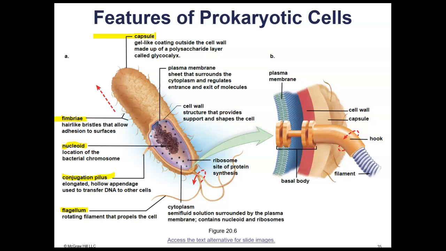The plasma membrane is the innermost layer. So you have the plasma membrane that comes first. It is composed of a phospholipid bilayer. And then you have the cell wall. In bacteria, this is composed of peptidoglycan, but it's different in archaea. Then you have ribosomes